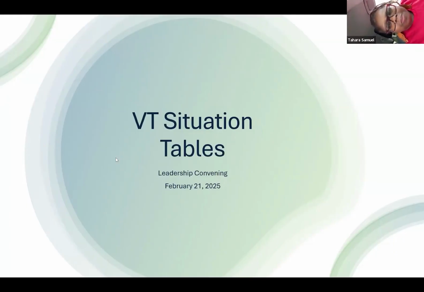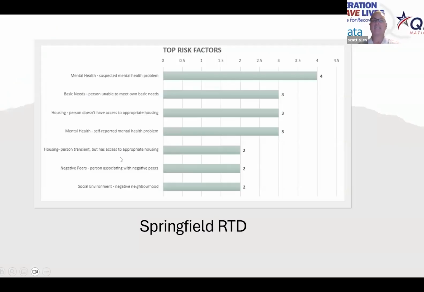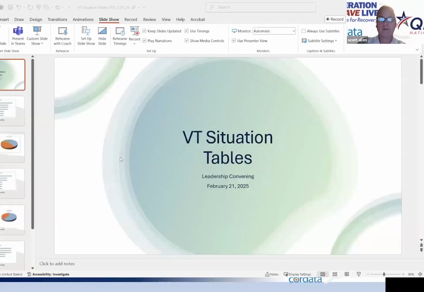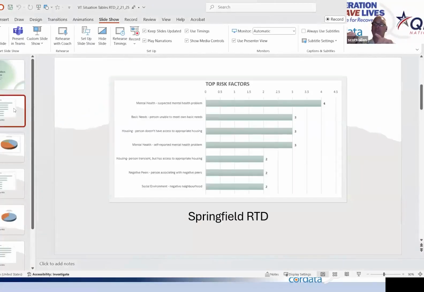So what I do is, what we're doing in Vermont is I take this data and now we show it to the governor. So the Vermont Public Safety Enhancement Team, it's the Commission of Public Safety, Public Health, all across the board. And this is a governor-sponsored initiative. So we tell him your risk factors. This is Springfield, one town alone. I'm going to see if I have it here. What I do is I take this data and I show the state leaders,